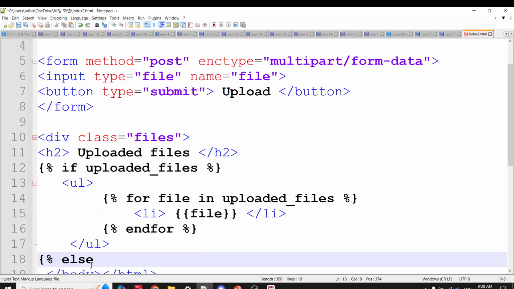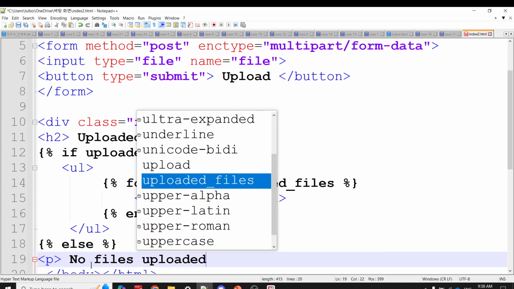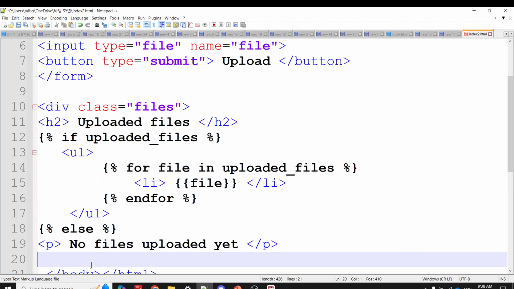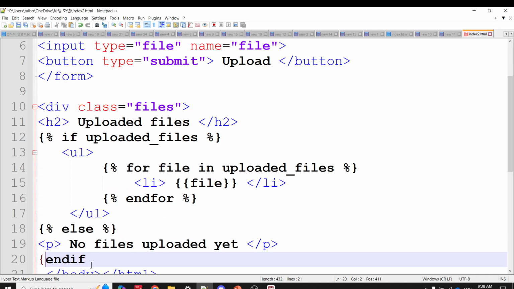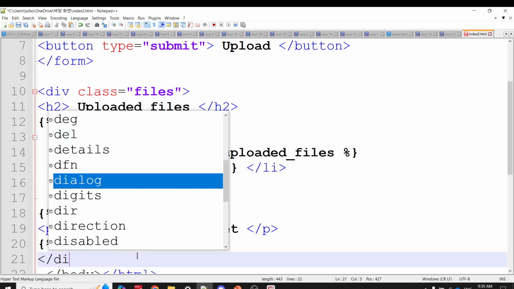You just say p, no files uploaded yet. Okay, and then close p. Okay, and then you have to also end if. Again, unlike Python, you don't have indentation, so you have to mark the end of the if and the end of the for. Okay. All right, so you have end if, and then we have div